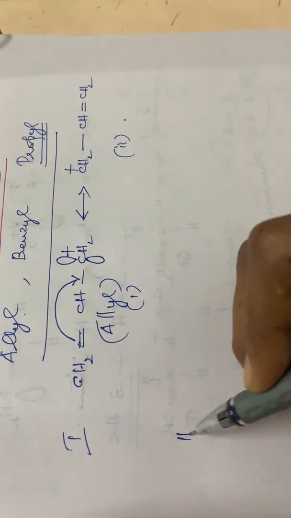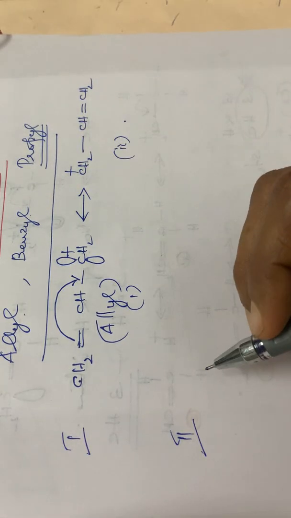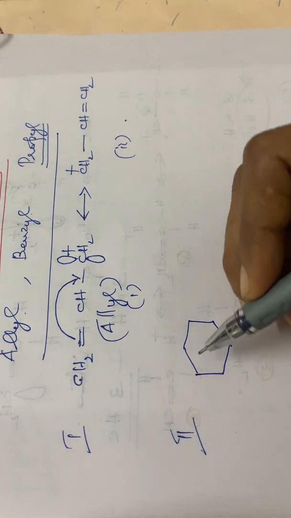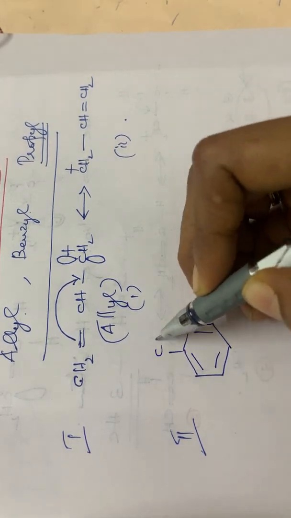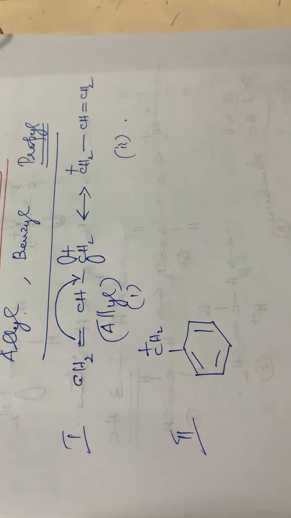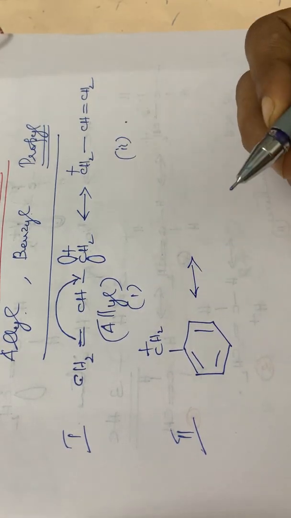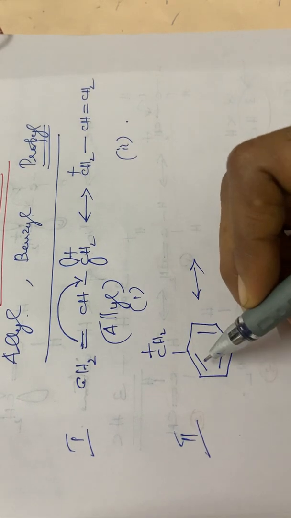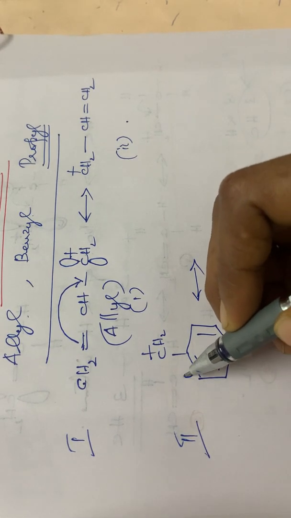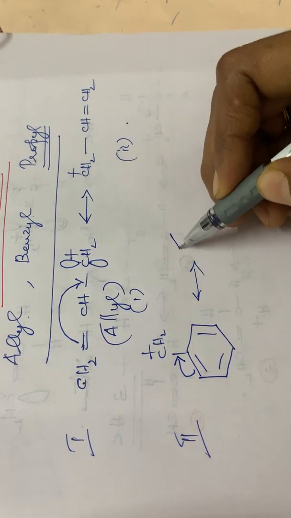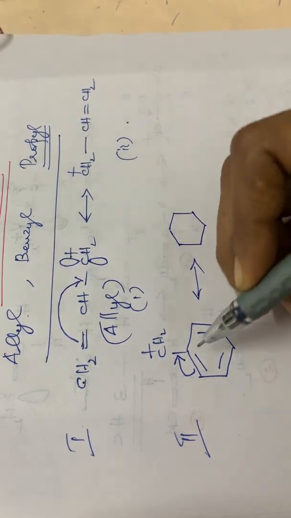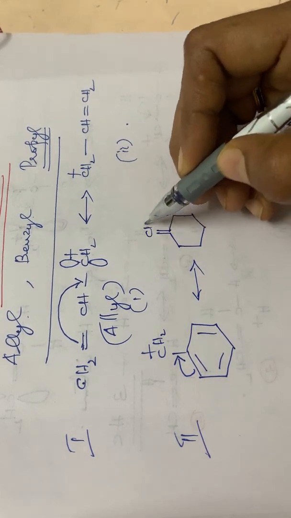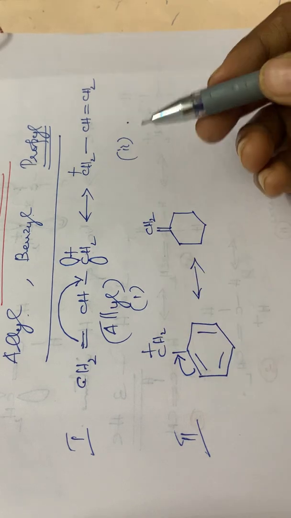Okay. Then coming to the second case, that is the benzyl carbocation. Benzyl means the formula is C6H5 CH2 plus, isn't it? C6H5 CH2 plus. Benzyl carbocation. Now you have to draw the different resonating structures of this benzyl carbocation. So what happens? Pi delocalization takes place. So this pi electron will be shifted to this position. So again draw the structure. Here this electron pair will be shifting. So here it becomes a double bond, isn't it? Double bond CH2. Positive charge will be neutralized.